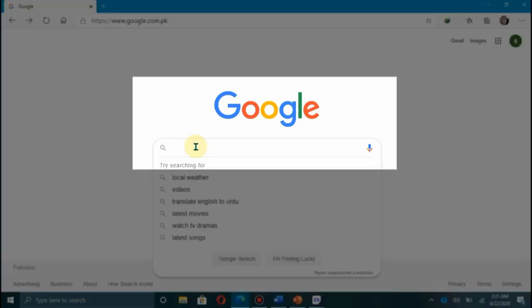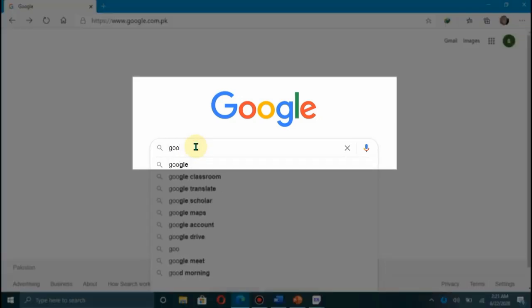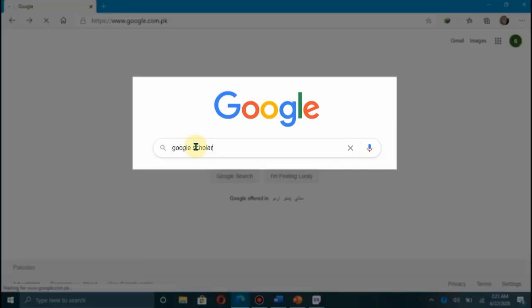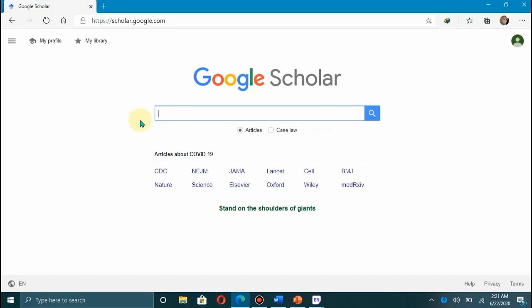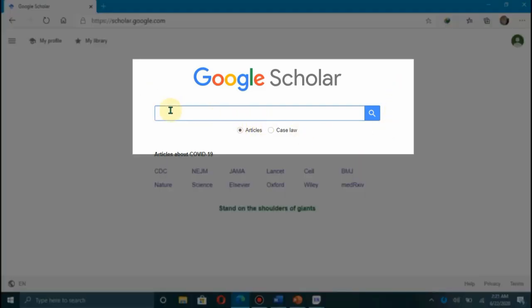There you will have to search Google Scholar. Click on it. Then you have to write down the topic of your interest there. I will choose hepatitis B